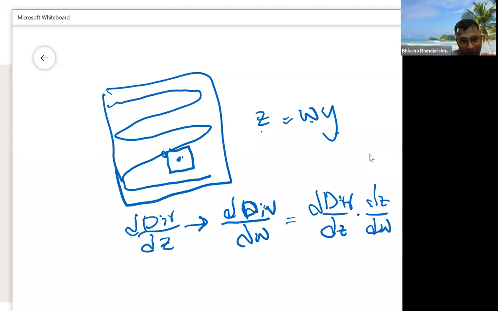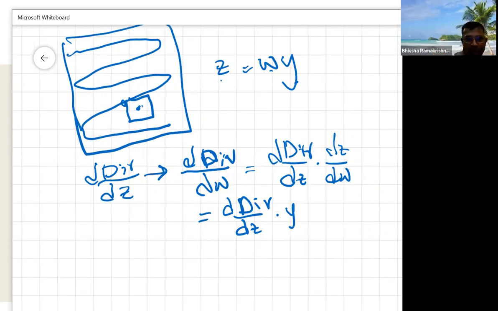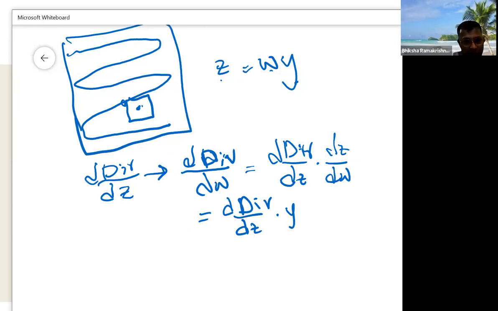And dz over dw is simply y. So this is going to be d div over dz times y. And similarly, I can also write d div over dy,